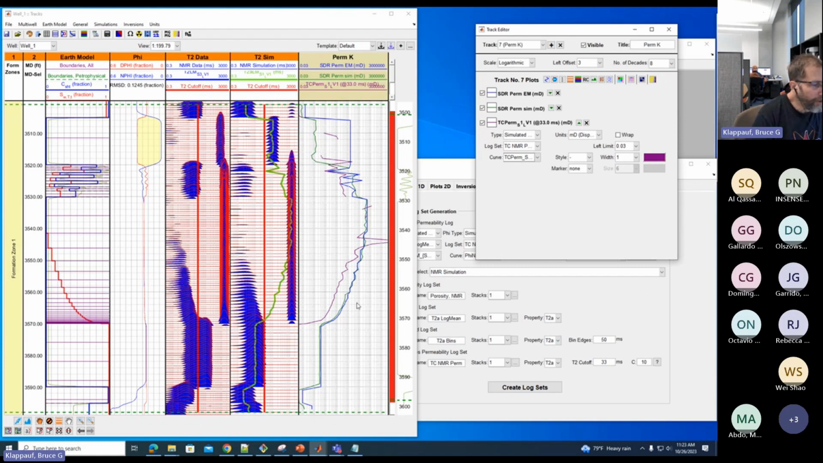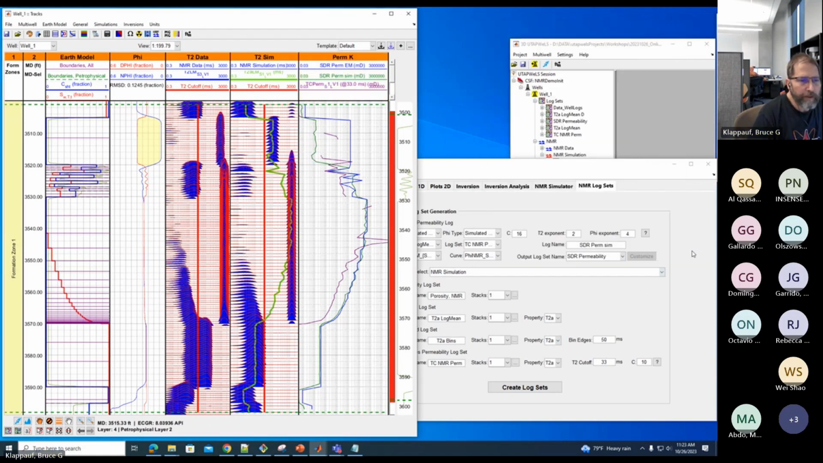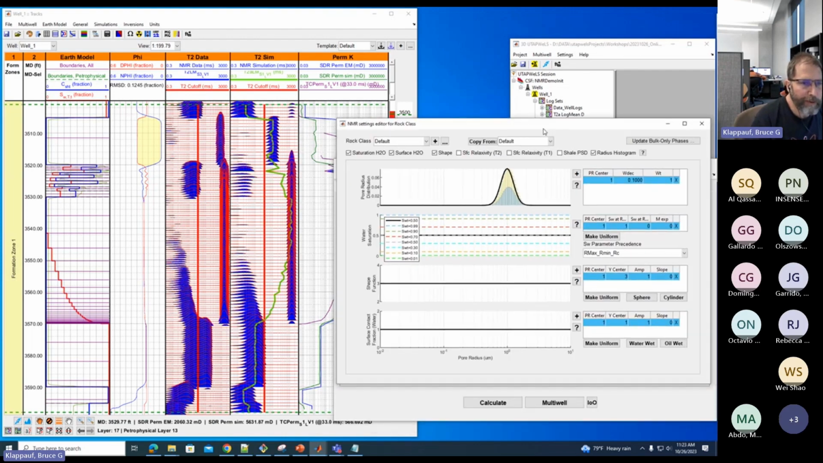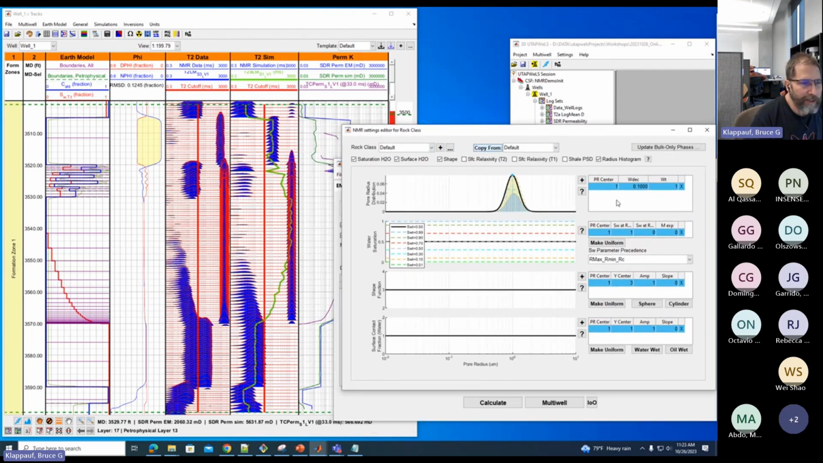So what can we do here? We're going to go in and change some values. There are a lot of things to change now, because the NMR uses just about everything in the Earth model. But one of the main things I'm going to show you is, because we can clearly see that this is a bimodal distribution, for the default rock class I'm going to create a bimodal distribution. And I'm going to change these values